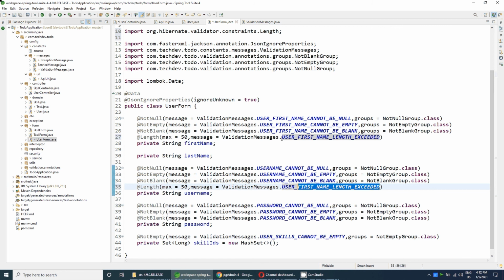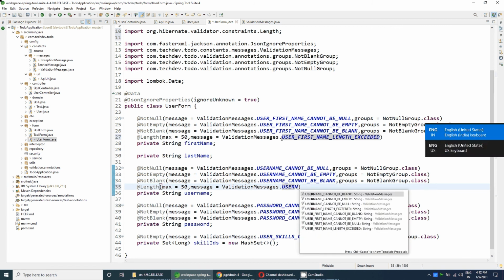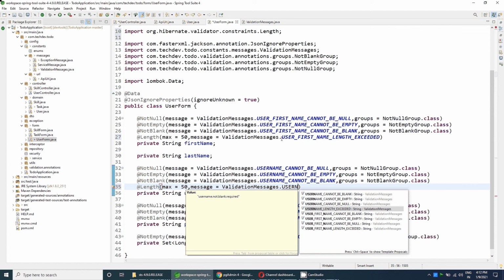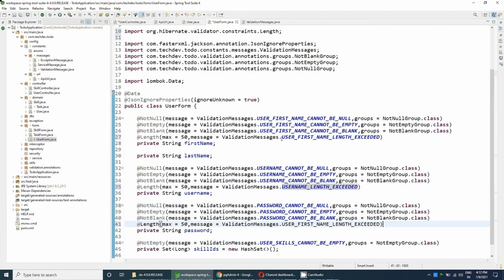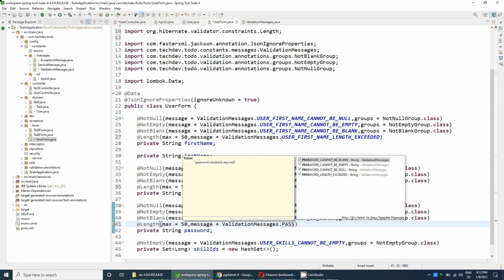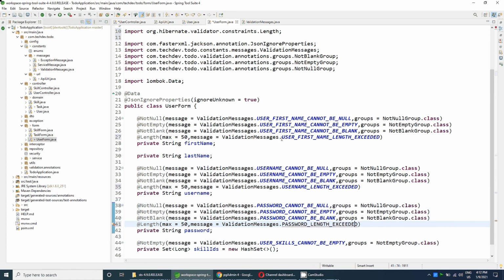So here will be username length exceed and maximum length is 50, and similarly here the password length exceed and the password length is 200.